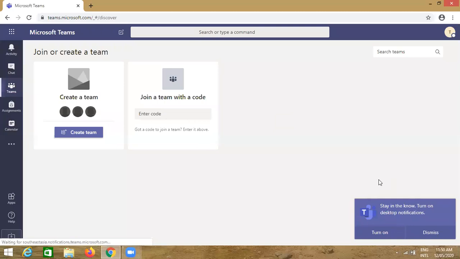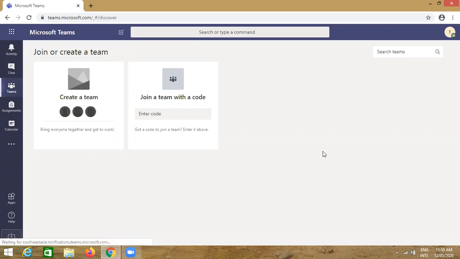Here in the right hand side bottom corner, you will find one notification pop up. Just click on dismiss. Then let us explore this screen. First, we will see on the right hand side. Here, this T, what does it represent? This is the first name of the teacher who has logged in. So just click on it.